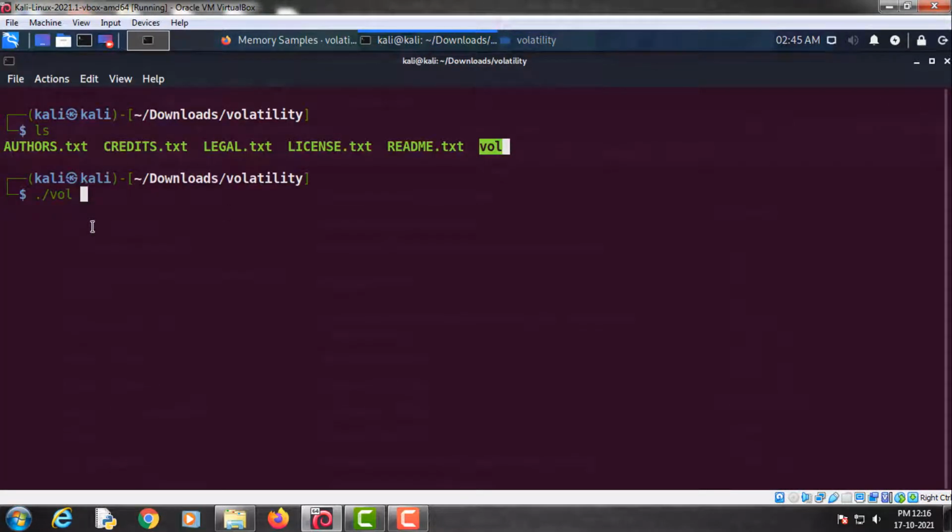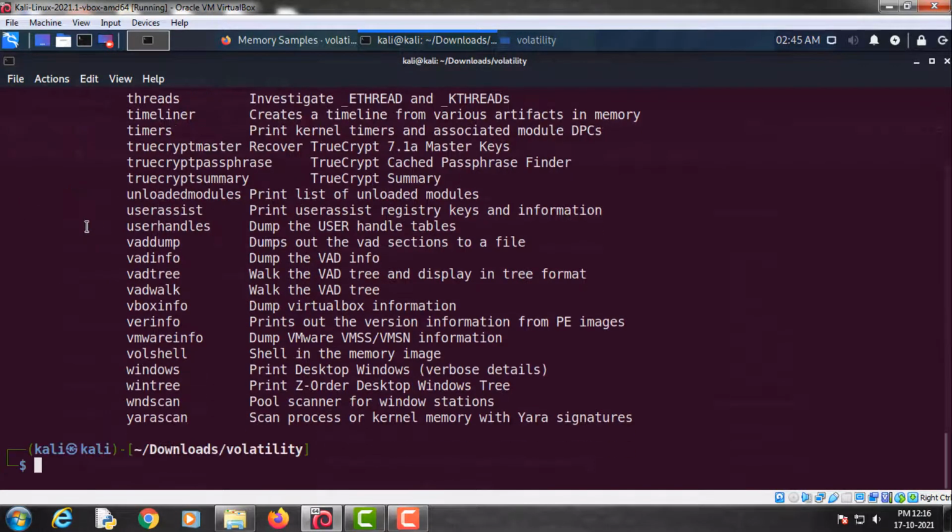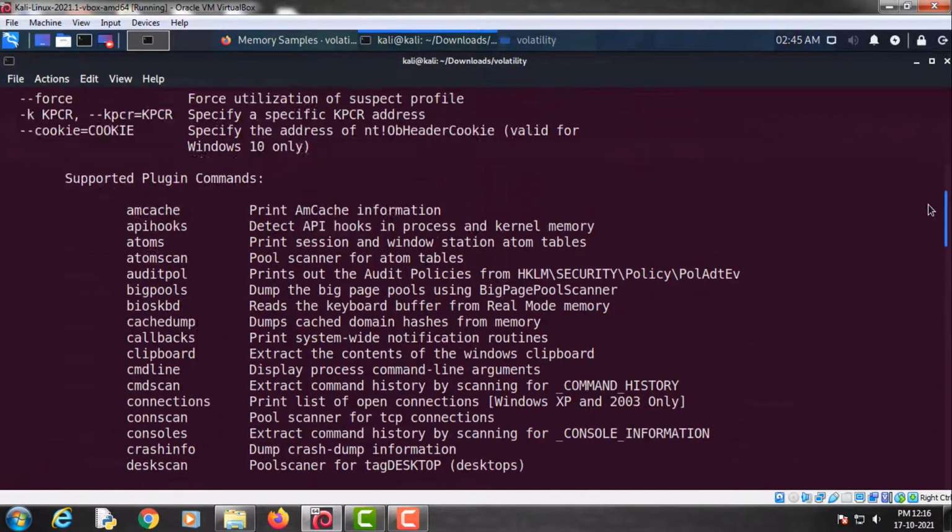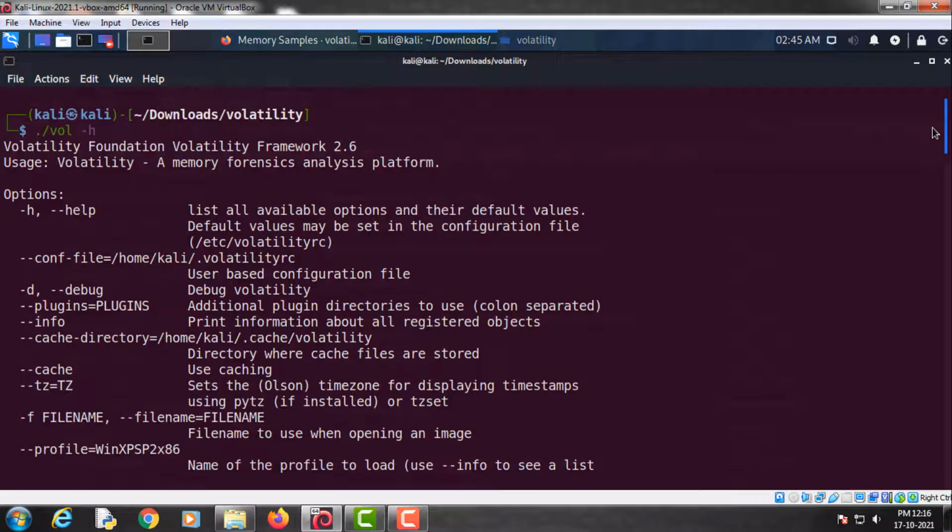First of all, let's examine what are the available options in Volatility. We can check those available options with -h. So as you can see, these are the available parameters we can use for malware analysis.